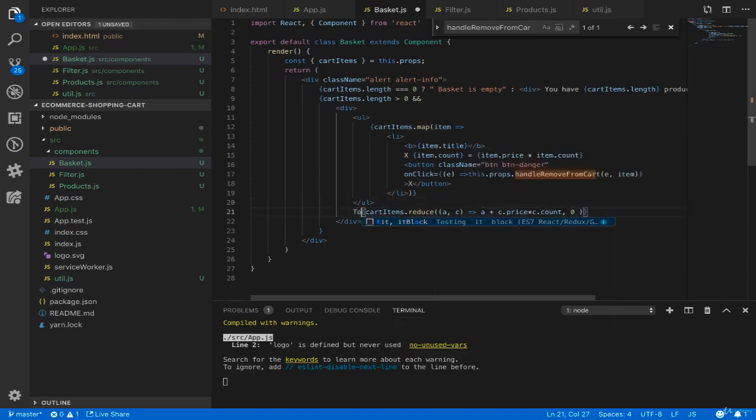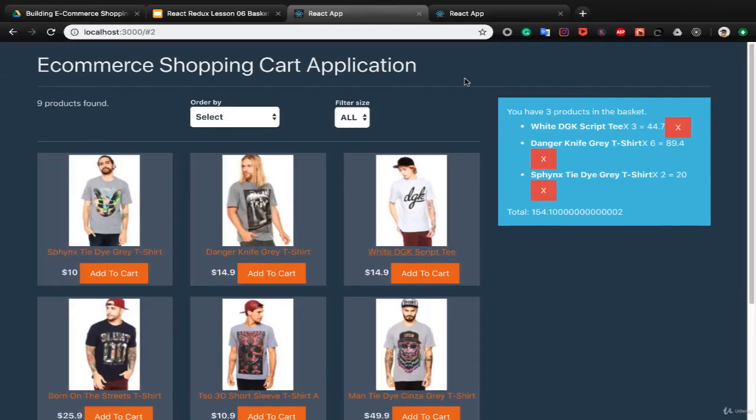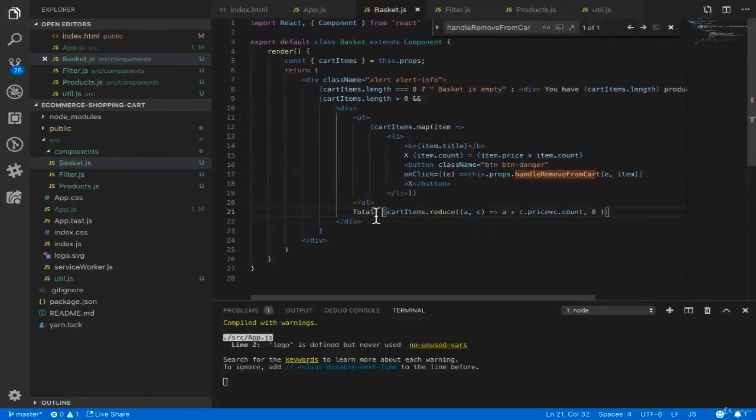And before that we show total like this. Let's check the result, and you see, let's use util.formatCurrency